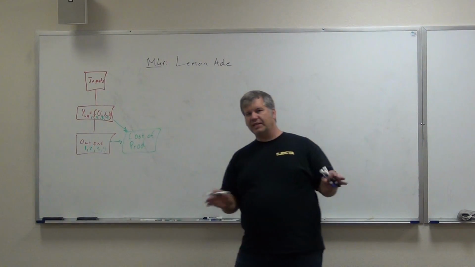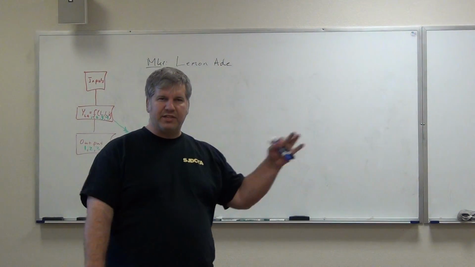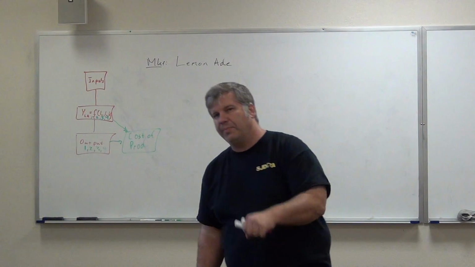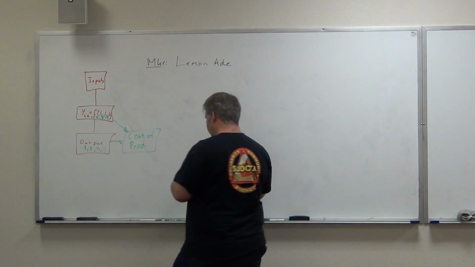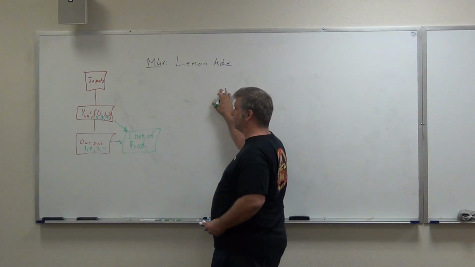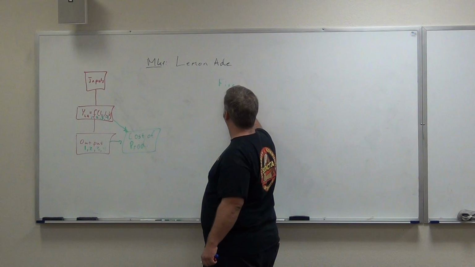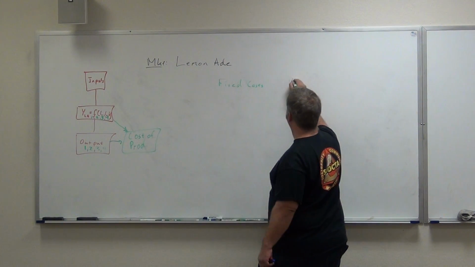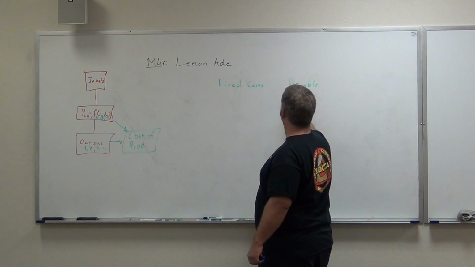And by the way, I'm just hitting the high points. I'm not really going to go through a lot of details because there's other videos out there that kind of go through that. What I want to do is just hit some of the high points for you guys. So, when we look at the cost of production, we need to take into account that there's two types of cost. We have fixed cost, and we have variable costs. The way to think about this